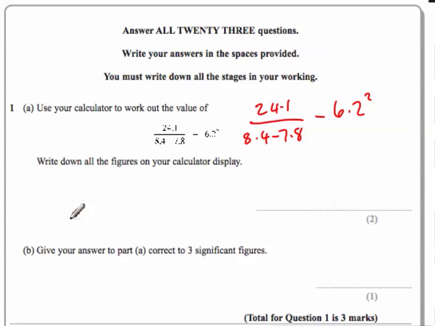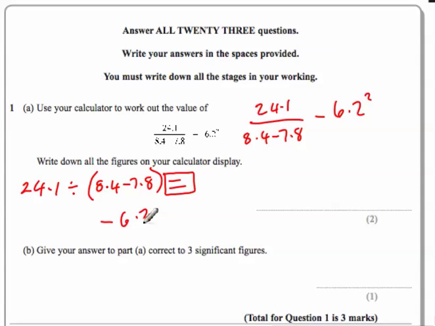If you haven't got a calculator that does that, the way I would do it is do 24.1 divided by, and then put in brackets 8.4 minus 7.8. So your calculator, which obeys BIDMAS, will do the brackets first, and then it'll do the division, which is what you want. Now press your equals button. Okay, press equals there. Then, and only then, do you do minus 6.2 squared. Okay, and the answer that you should get using either of those methods is